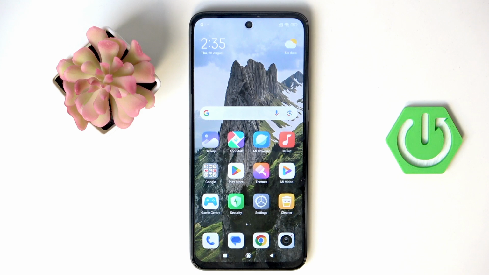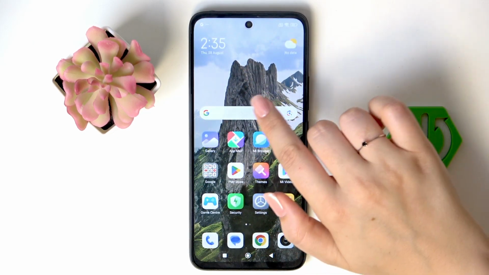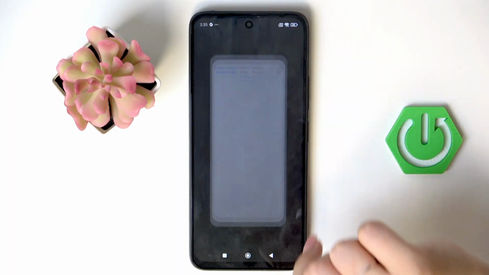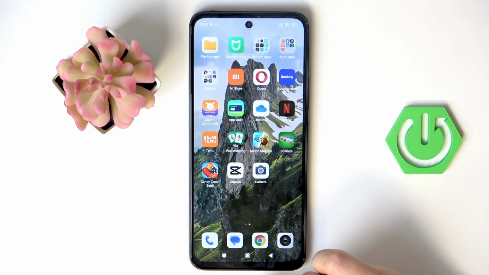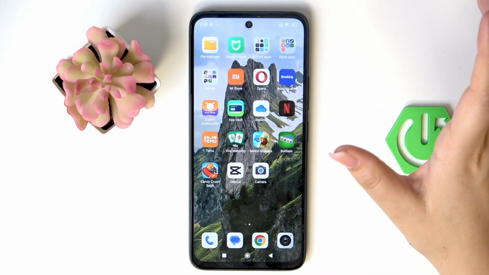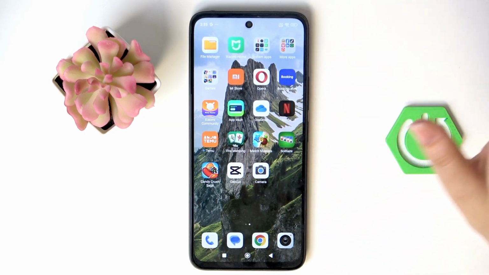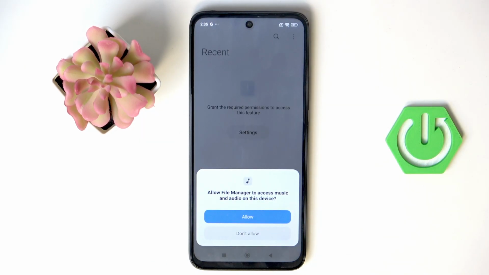The second one is to actually go to your downloads, because let's be honest, usually we are downloading a lot of stuff and then we forget about it. But obviously those files are occupying our memory. So I highly recommend to go to your file manager, whether you're using your developer's manager or any third-party app. Just open it and for sure you will find the folder which is called